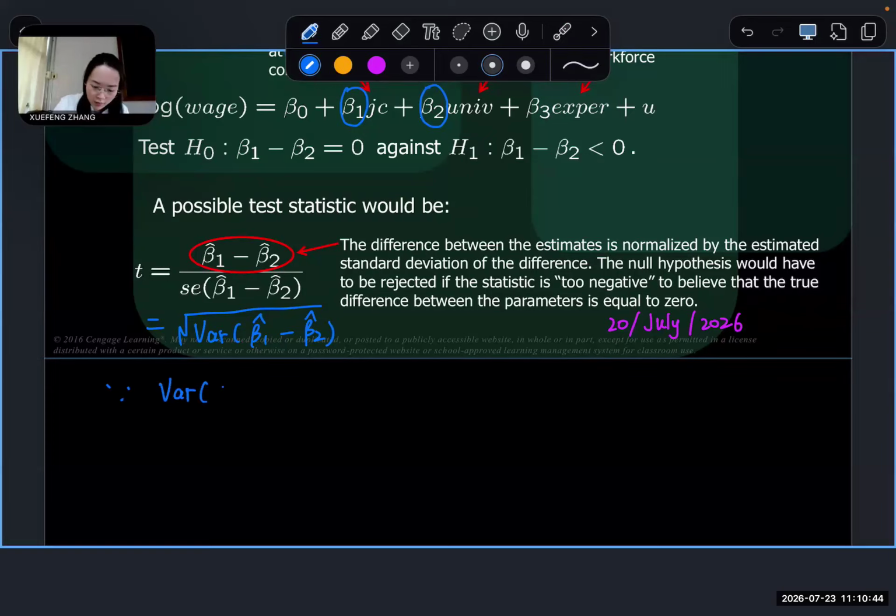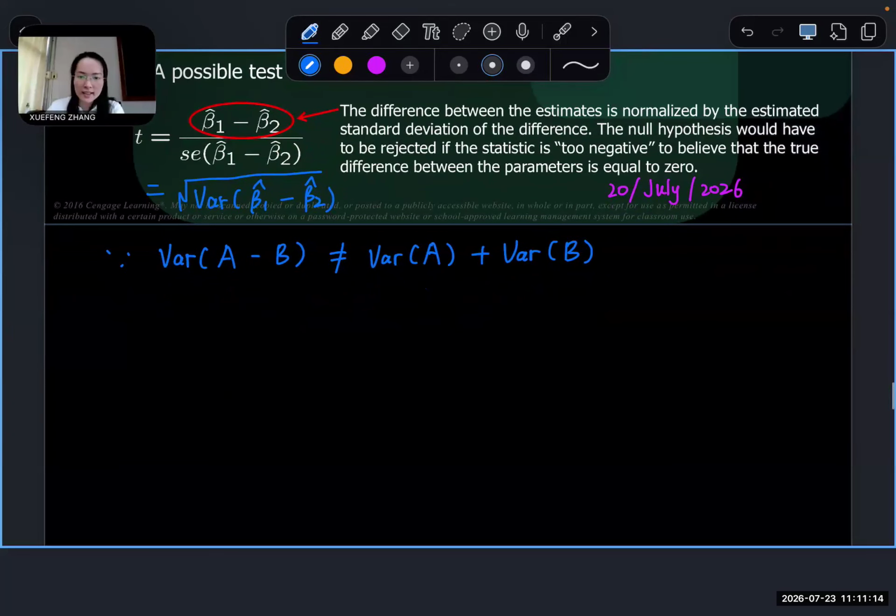Okay, so this is the problem in general. In general, the variance of A minus B doesn't equal variance A plus variance B, because there's a covariance term, okay? Our regression output usually doesn't give us that directly. So next, there's a trick to solve this problem, but first I want to show you